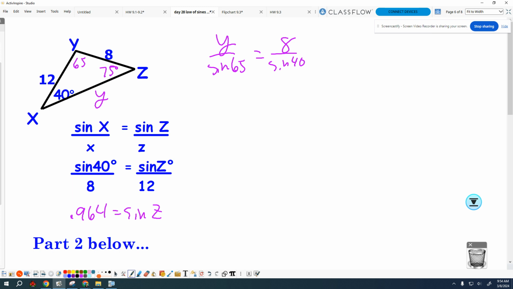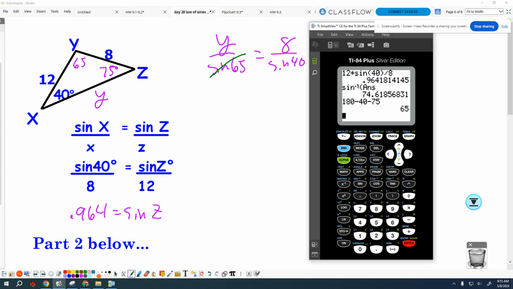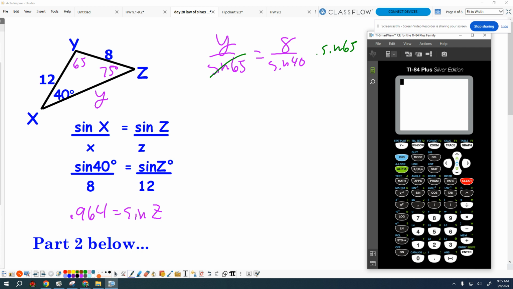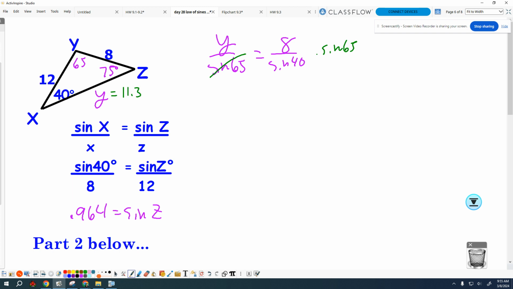Okay? Tycho, what do I need to do to just find Y? Multiply by sides. William, you okay with this? I got it. You just do sine inverse, right? Yeah. All right, so sine 65 times 8 divided by sine 40. And I got 11.3, okay? Yeah. All right, however,